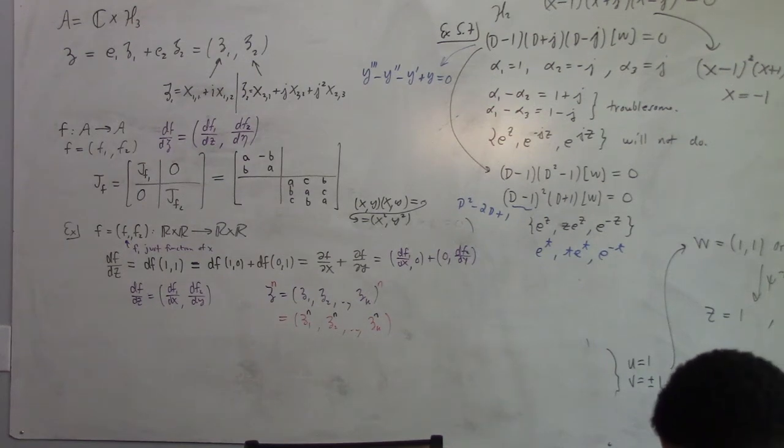So you have a solution over the algebra A to a given differential equation if and only if the W, which is equal to psi inverse composed with eta composed with psi, is a solution to the corresponding differential equation in the isomorphic B algebra. So here we're assuming this is actually using the